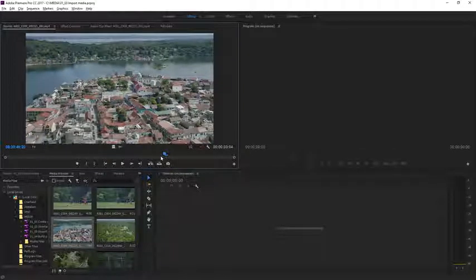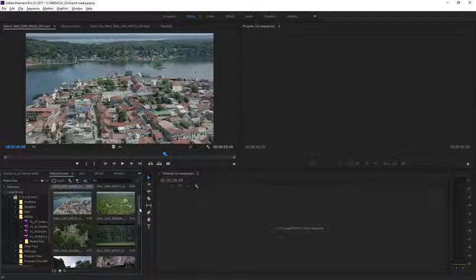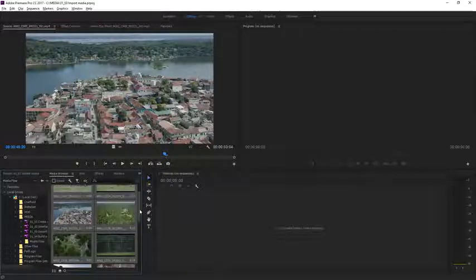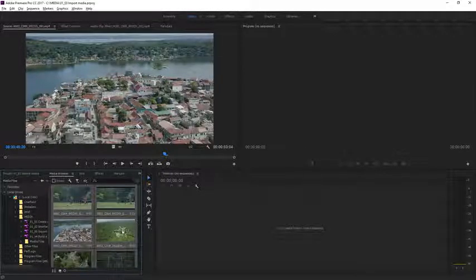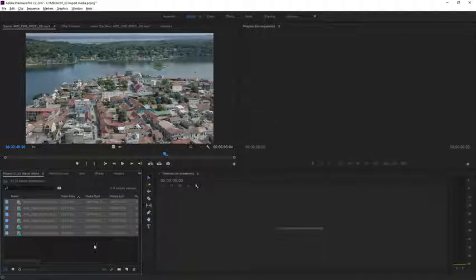I'm going to select a few of these clips. I'm just going to click on the first one up here and scroll down a bit, and I'm going to hold the Shift key down to make a list selection and get 6 clips. I'm going to right-click on any one of the selected clips and choose Import, and they'll appear in my project panel. Importing a clip creates what's called a master clip in Premiere Pro, which is really a shortcut to the